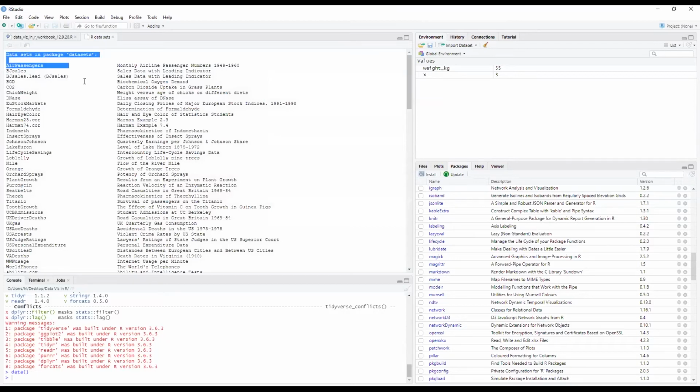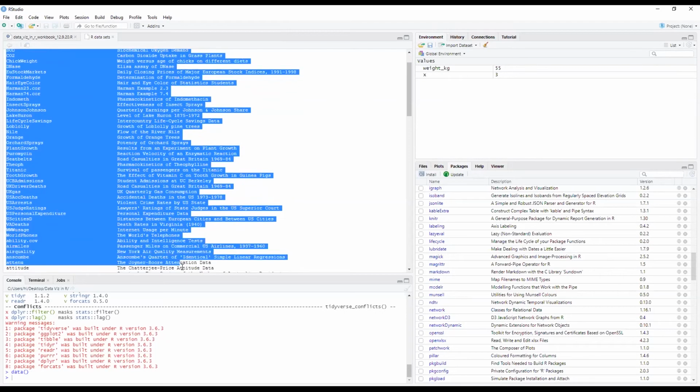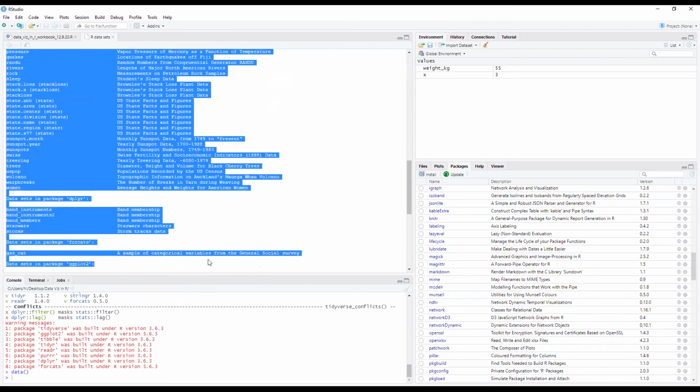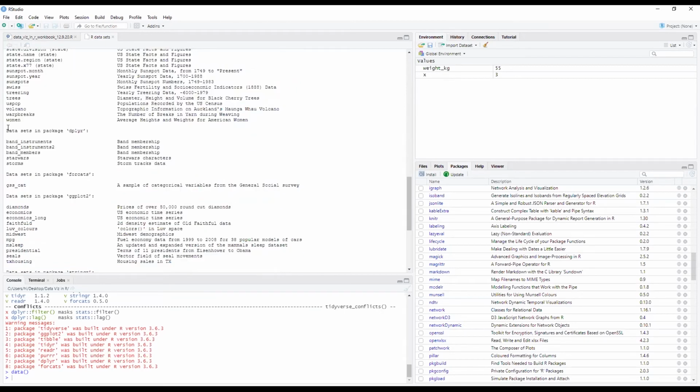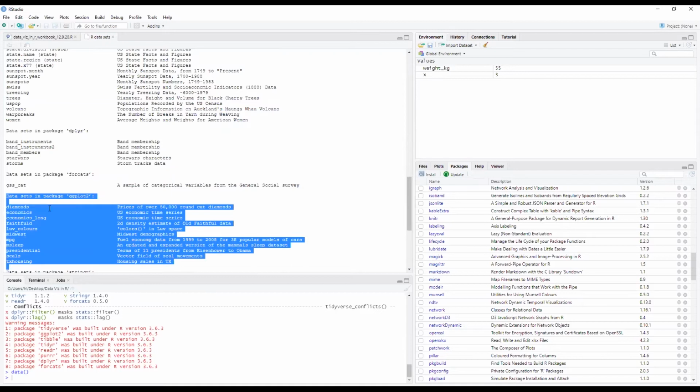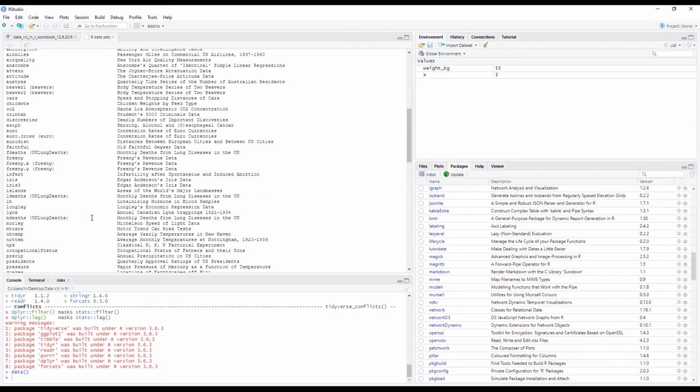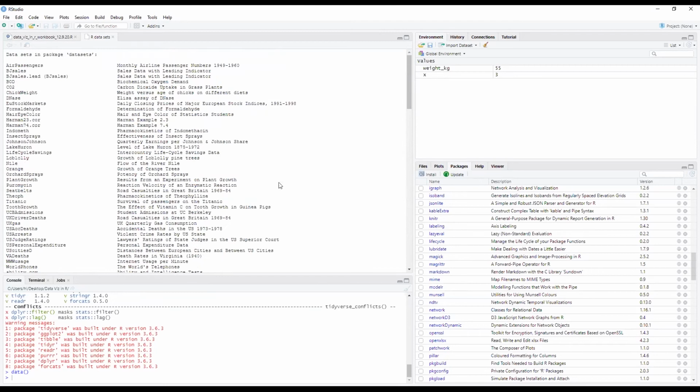And here are all the data sets built in within R. And here are some of the data sets that came along with some of the packages that we just installed. dplyr, ggplot has a bunch of built-in data sets that came with it when we installed it. And if you see here, mtcars is right here, motor trend car road test. This is a data set built in within R.